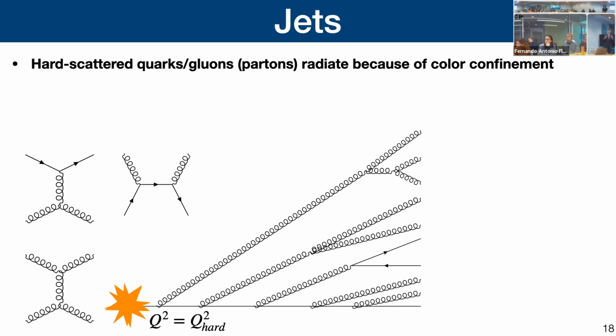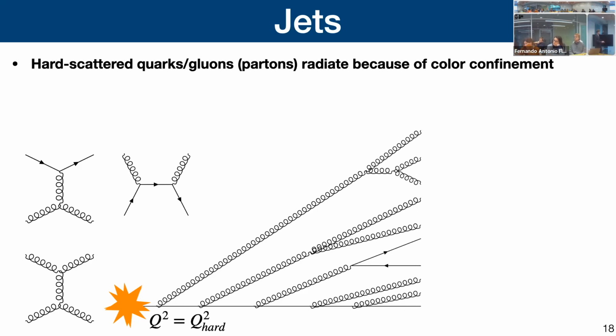ions collide, sometimes there's a hard scattering that produces a jet, which is one of those sprays of particles I showed you earlier in the presentation. And so what happens here at the Feynman diagram level is you have some hard process shown by these tree-level diagrams at some hard scale where you can use pQCD. And then as this quark or gluon, which is known as a parton, propagates, it actually radiates additional radiation because it can't be free by itself. And it leads to the shower, the so-called parton shower.